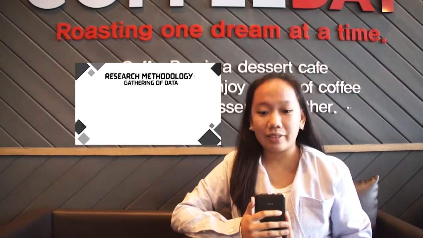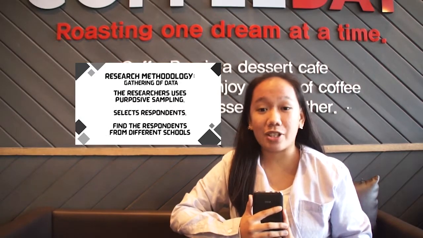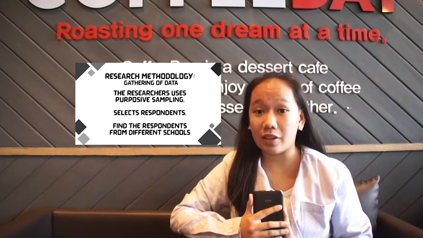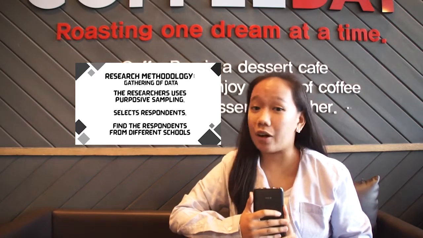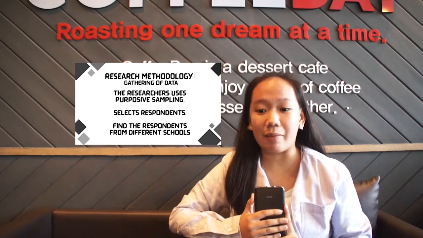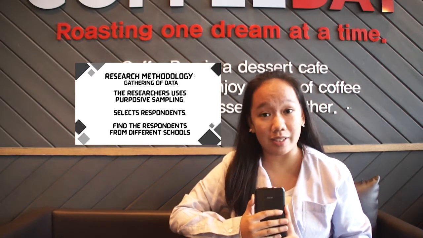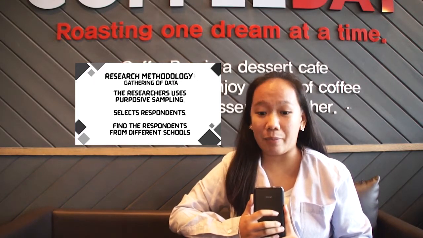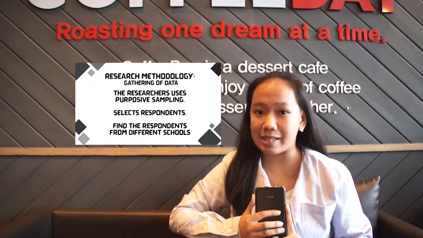Gathering of data. For the first step, the researchers use purposive sampling according to the study that they focus on. According to Carlos Ochoa back in 2017, the goal of purposive sampling is to focus on characteristics of the population that they can relate to, which will enable you to answer the questionnaire with the best answer.